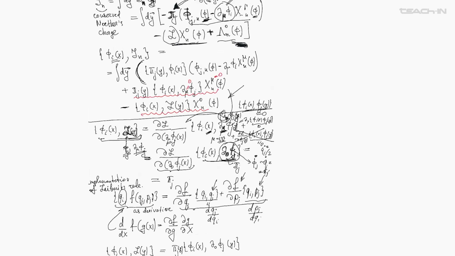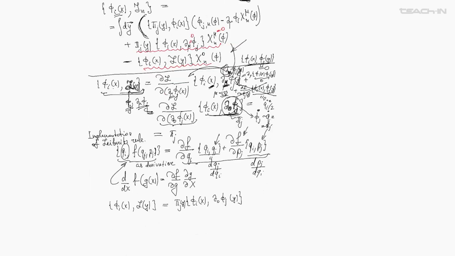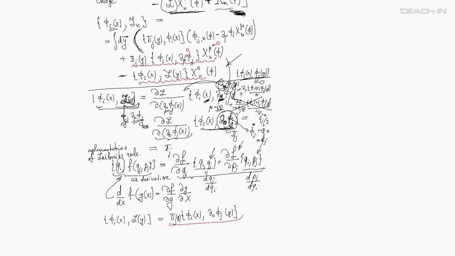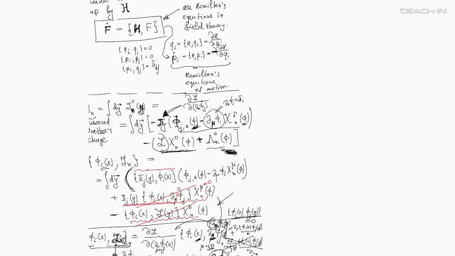And this bracket we just computed is given by this formula, which is the same as this guy here. And so these two terms exactly cancel. And you are left with this expression here, but we know what this is. According to the canonical Poisson structure, I will get here the Kronecker delta